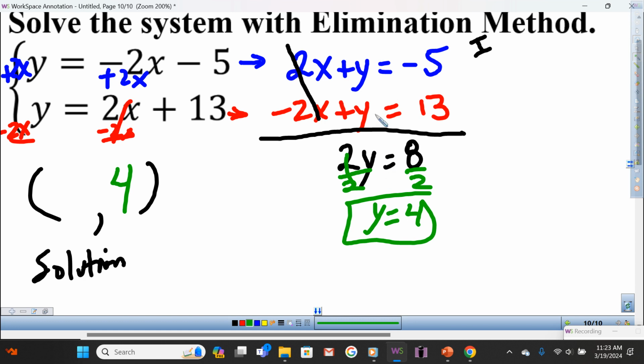Brandon, Felix, the blue or the red? All right, he said red, so let's use this one. We write negative 2x plus parentheses for y equals 13. And instead of y, what do we write, everyone? 4. Therefore,